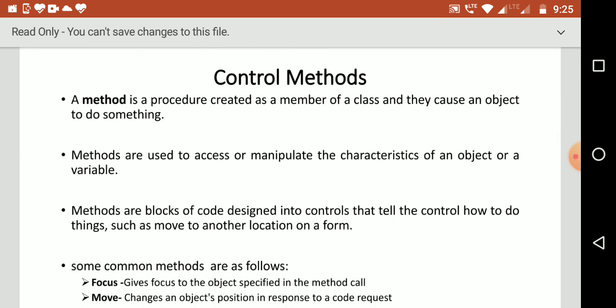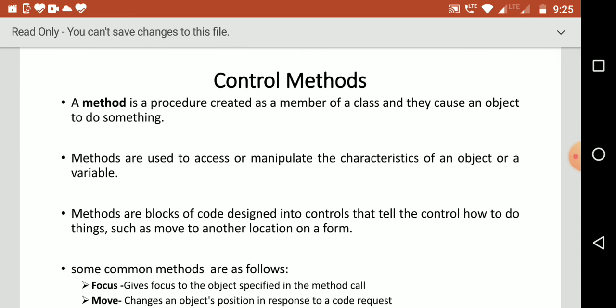Now let's see what control methods are. A method is a procedure created as a member of a class, which causes an object to do something. It tells an object what it should do. Methods are used to access or manipulate the characteristics of an object or a variable.